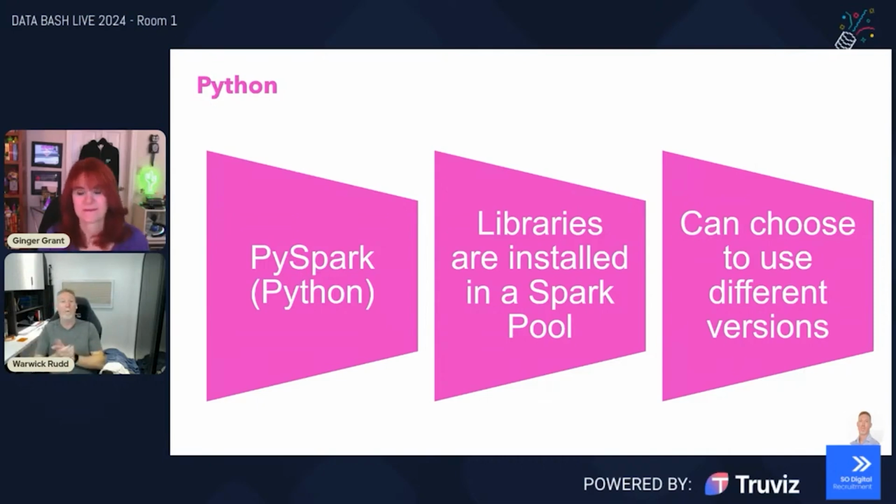We mentioned that there is a difference between what was available inside of Synapse compared to what is in Fabric. It's a slight variation, but if you haven't moved on from Synapse, this is a perfect opportunity for you to move forward on utilizing PySpark in Fabric.